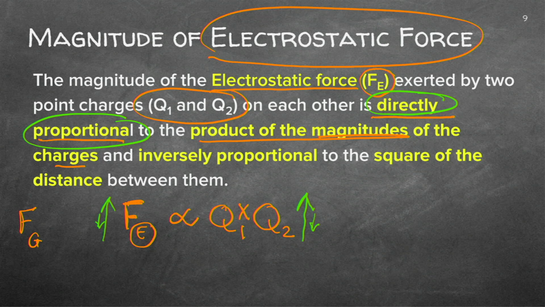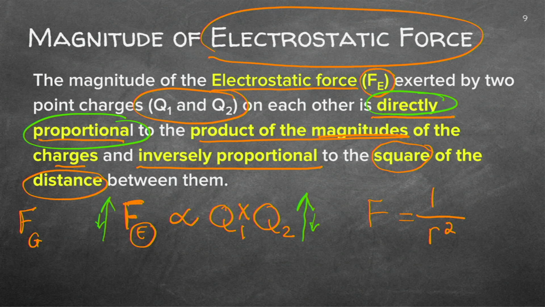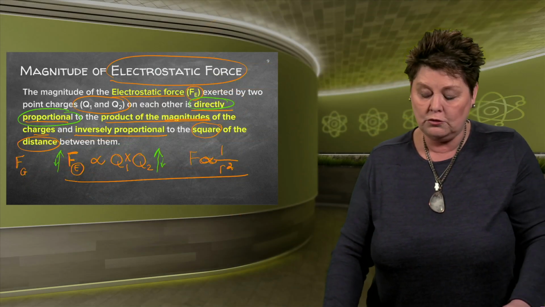On the other hand, there's also a relationship with the distance between these charges, and it's inversely proportional. What it means is that it's the inverse, it's the fraction over the distance, and it's the square. So I need to know it's a square. It's not equal, it's proportional. So you've got the values there. Make sure that you remember the square, and obviously we're going to work with an equation that's on your information sheet, but you need to be able to define it.